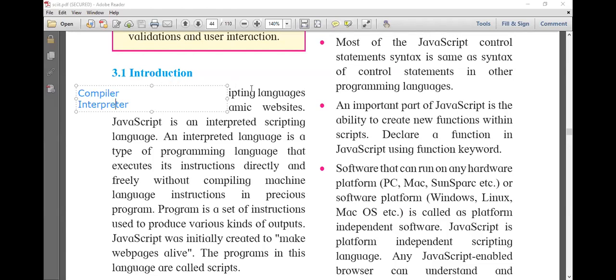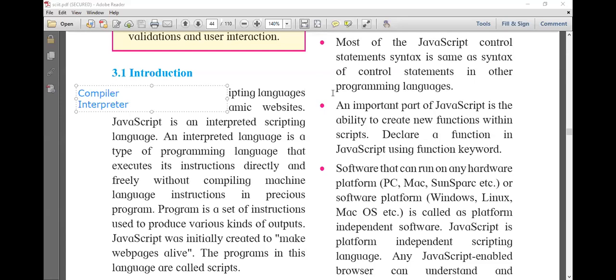But when you study a programming language, and you want to write a program in it and see the result, the output, these two things are required to execute your program. Either you require a compiler or an interpreter. Some programming languages are supported by the compiler, and some are supported by the interpreter.